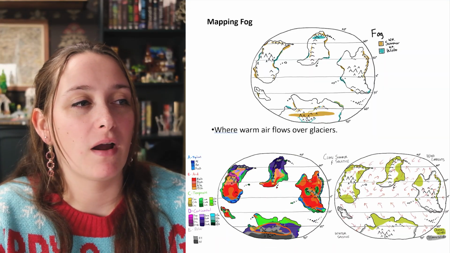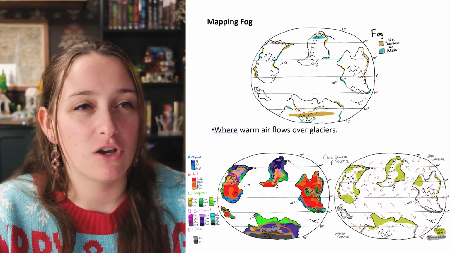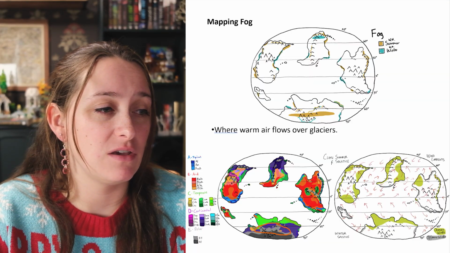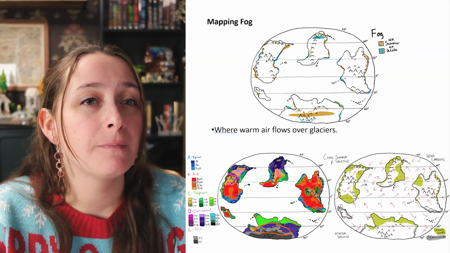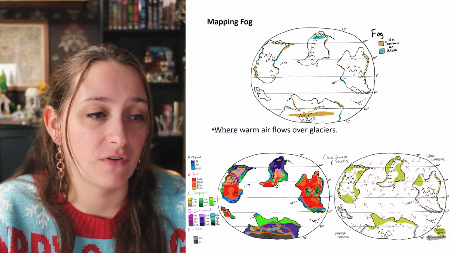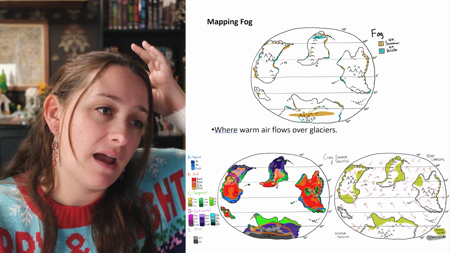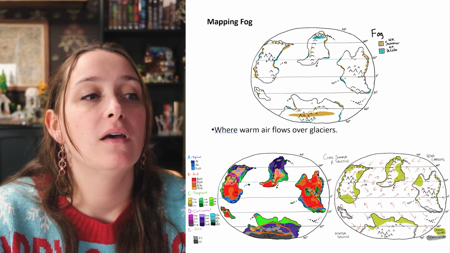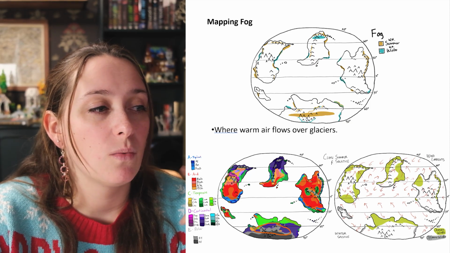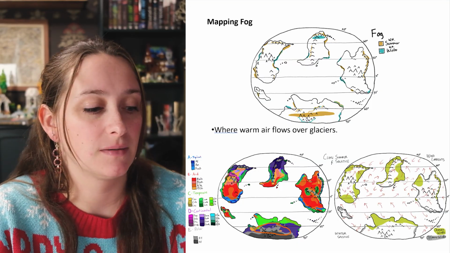So next we have where warm air flows over glaciers. And you're going to look at your physiographic region or your climate region map where the glaciers are, which is going to be your EF area. And then look at your wind current map to see where warmer air would be flowing over them. So you can see here, I have circled one main area at the bottom for the northern hemisphere summer at the bottom there in orange, where you have warmer air coming up over the glaciers.